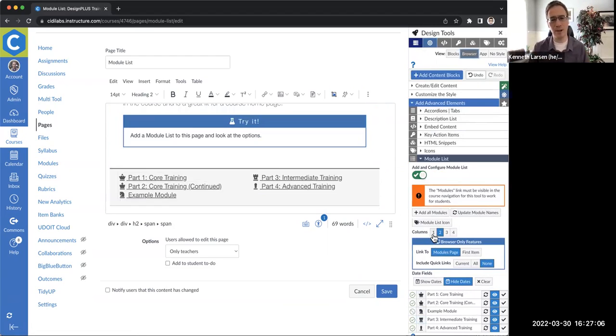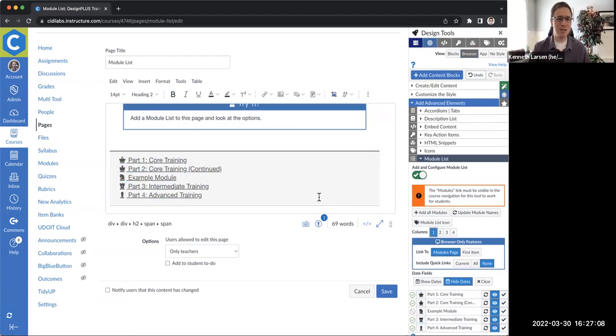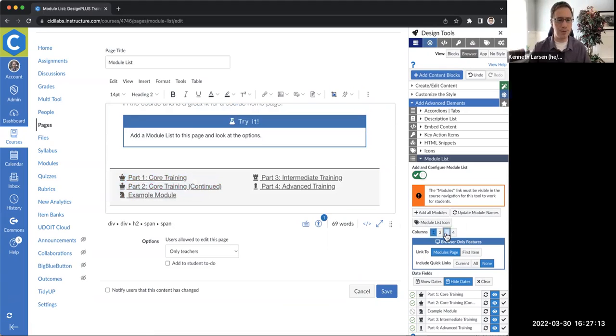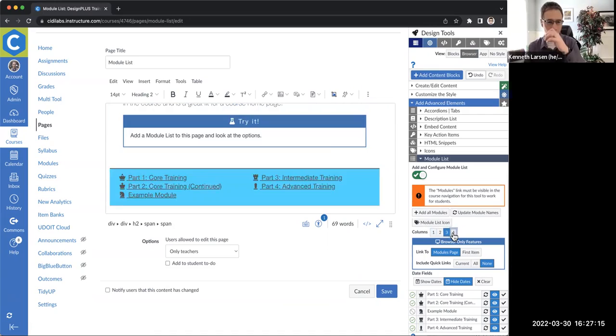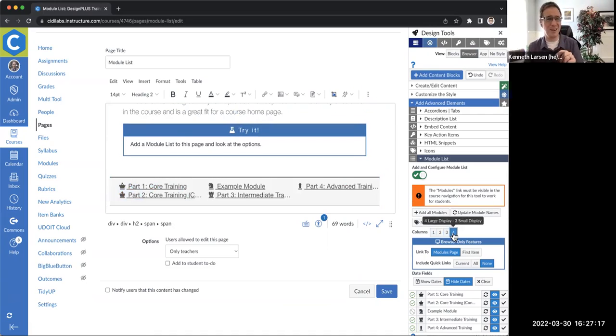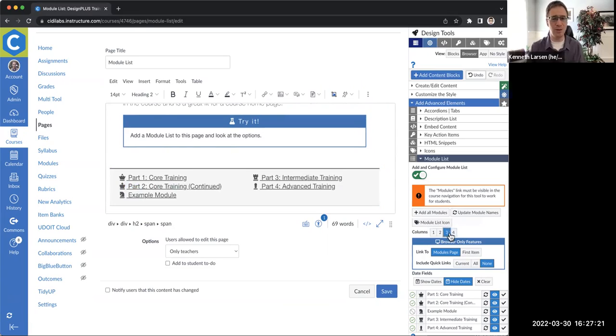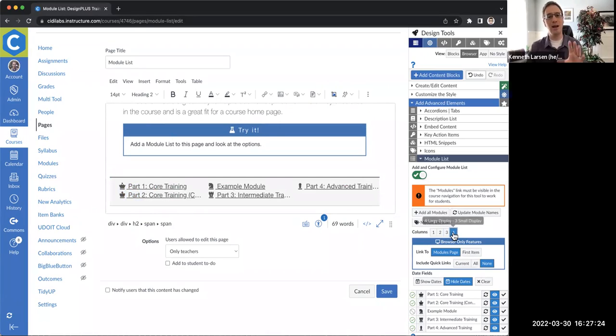Now, if you have really long module names, maybe you want that just to stay one column. If you have really short ones, maybe you want to try three columns or possibly even four columns. Now, I do actually know how to count. So even though when you select 3, there's 2, and when I select 4, there's 3, these are built to